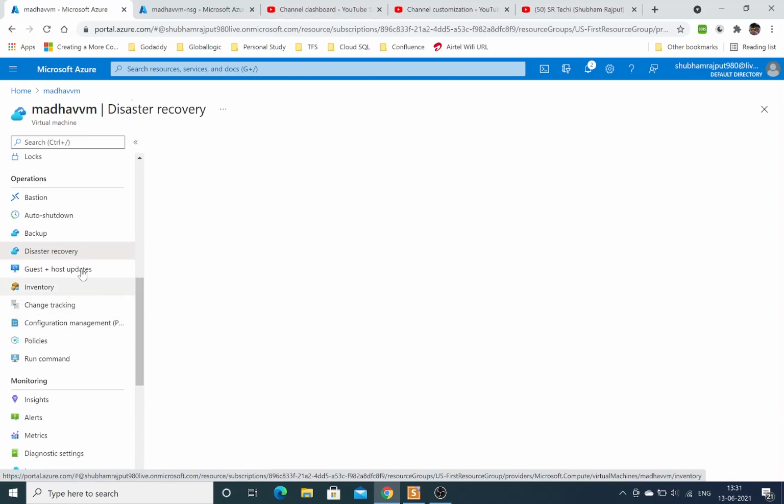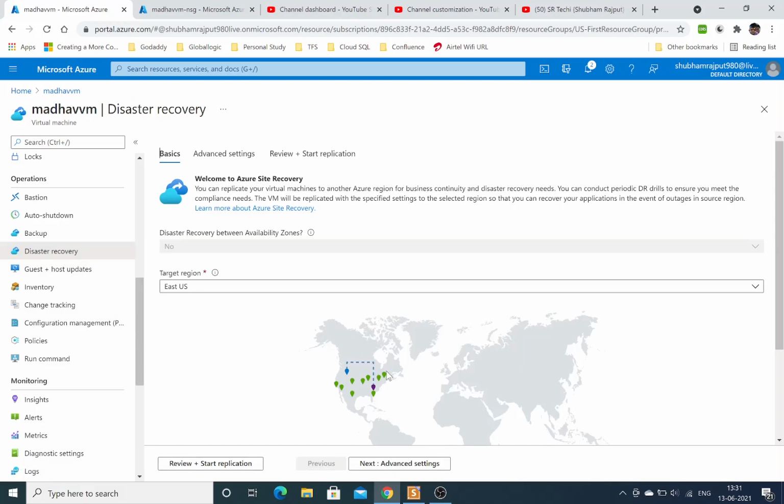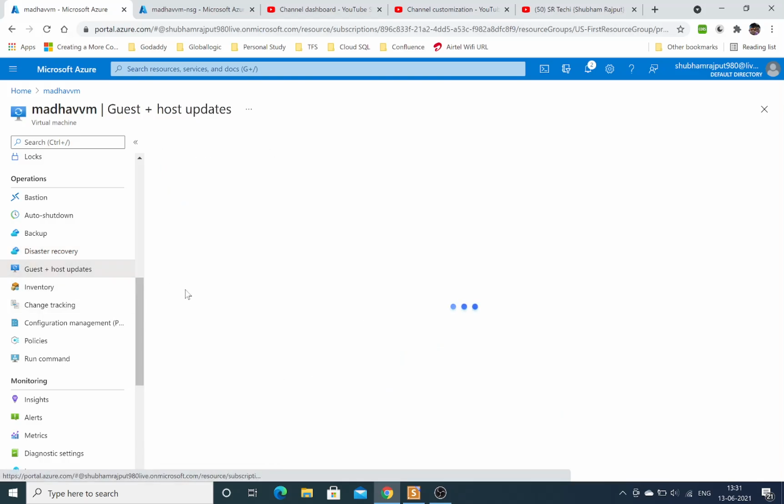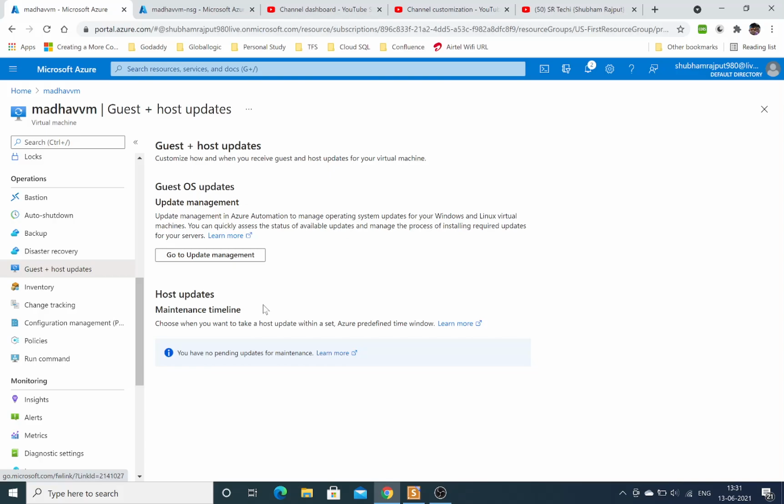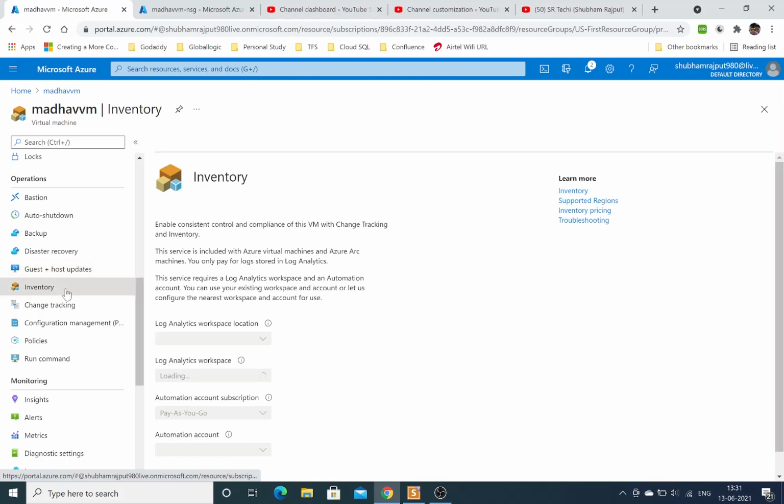Suppose something occurs at your location, like a flood, you can schedule your recovery option so that all your machines sync from this location to another location. On guest and host update, you can see the options. Guest and host updates are basically operating system patches. Inventory is also available, and change tracking.